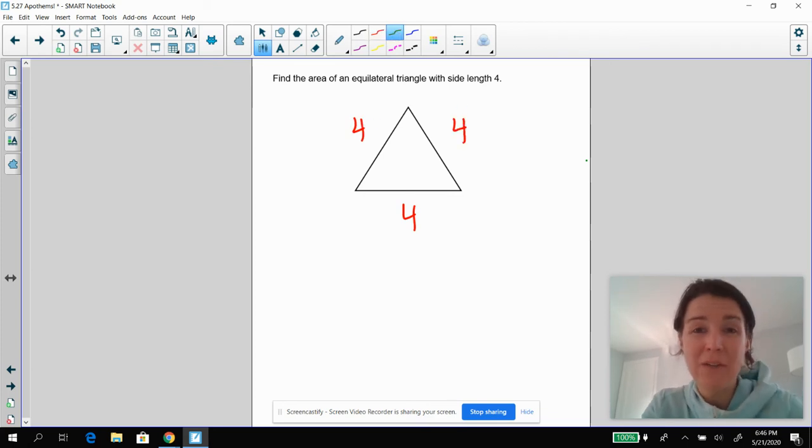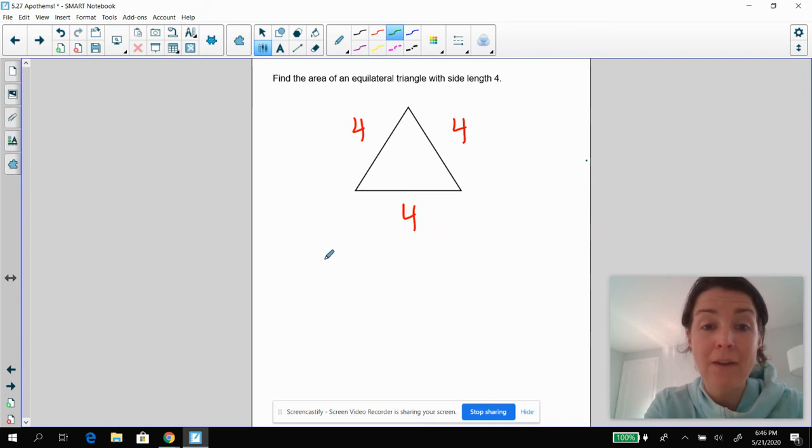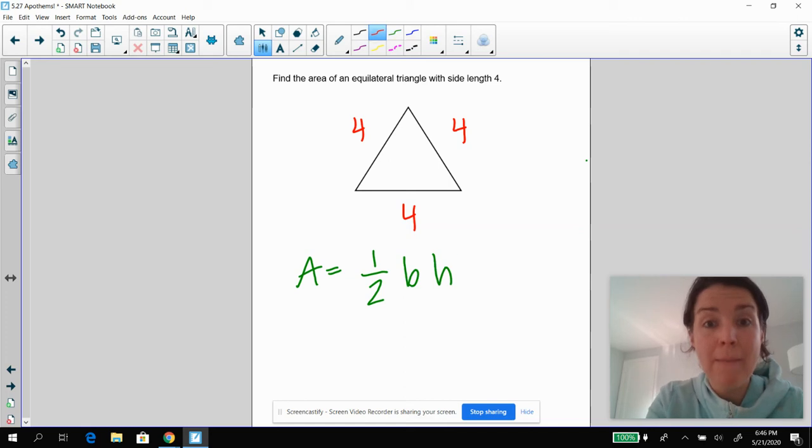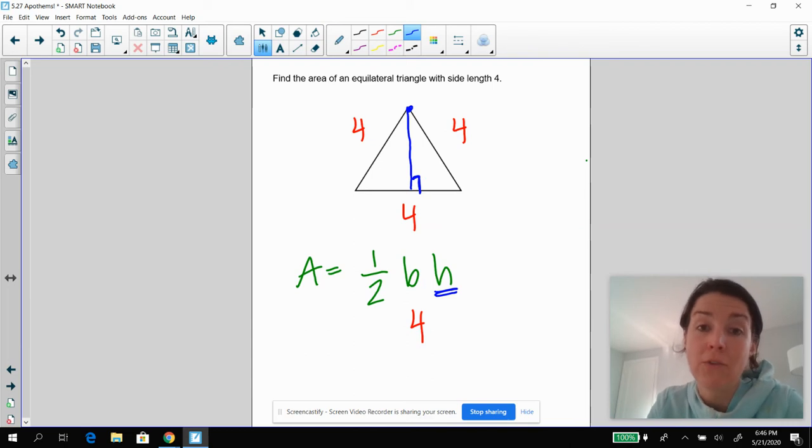So first thing, what do you think we need to do here? I know that the area of a triangle is 1/2 base times height. Well, I've got my base, that's 4, but I don't have my height. So the height is the one thing I'm looking for here. So let's drop an altitude. Boom. So I'm going to drop my altitude, and you know that in an isosceles or an equilateral triangle,